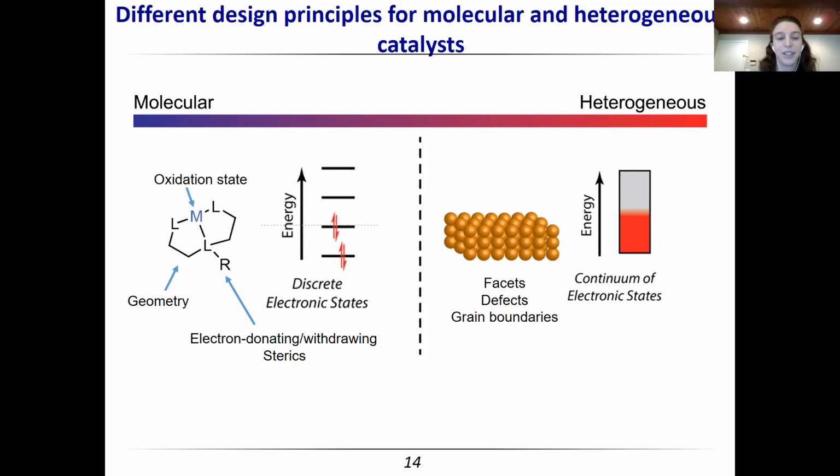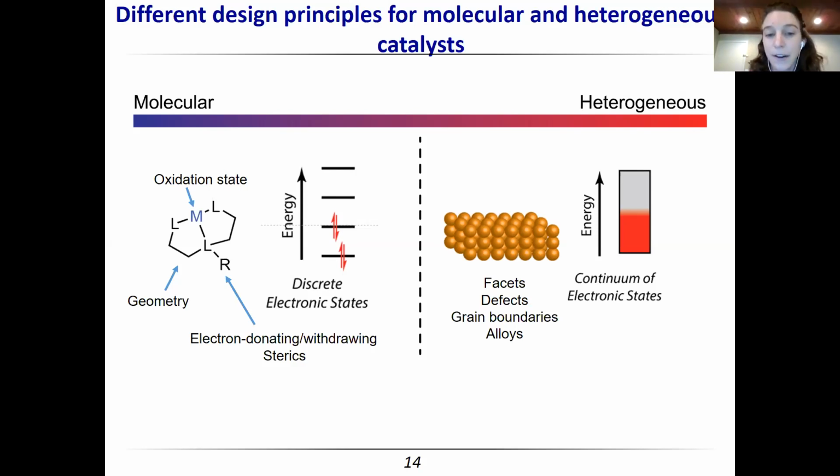Facets and grain boundaries are specific types of defects, essentially, and we expect some sites to have better catalytic activity than others, so it's not that we have no design principles. We can also change the band structure of the electrode using alloys, basically tune the overall electronics of it. But it does mean that we don't have as easy access to knowing which sites on the surface are doing the chemistry. And we don't have as easy of a way to probe that or to alter it on a molecular level.